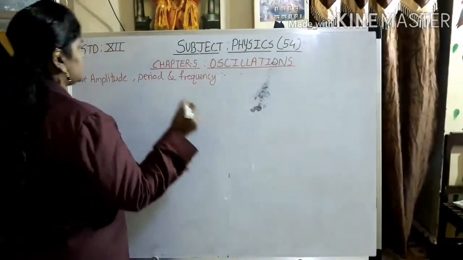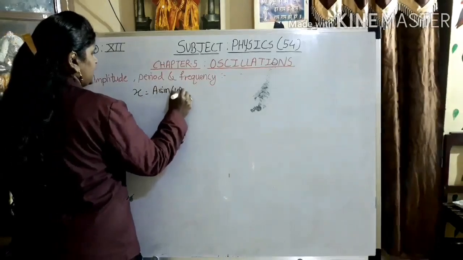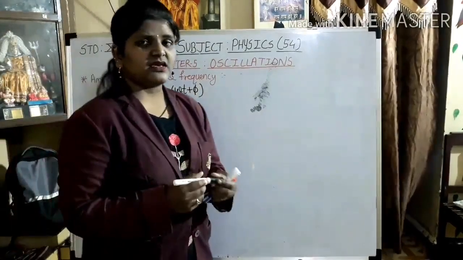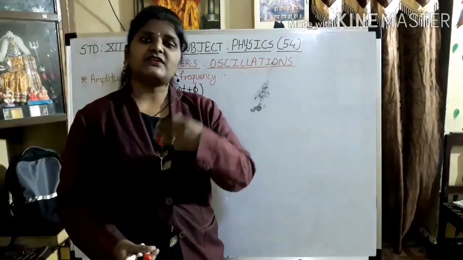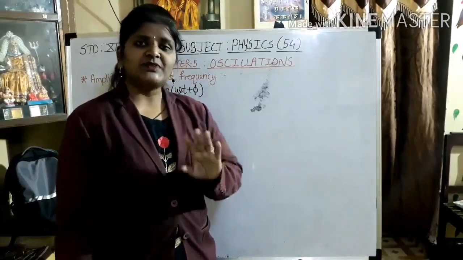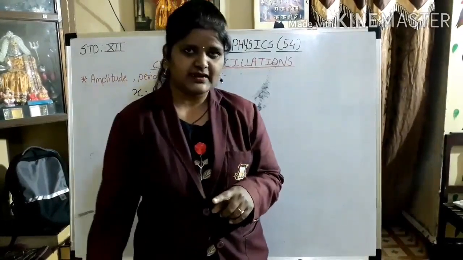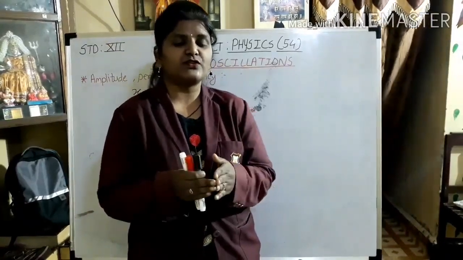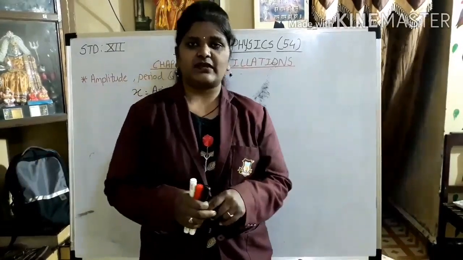So as you all know, what is the formula for displacement? Formula for displacement is x is equal to a sin(omega t plus phi). Am I right? Yes. So in this case, what will be the maximum amplitude and what will be the minimum amplitude? Actually, we have already covered this, because the minimum amplitude that we derived was 0, that is at the mean position, right? And maximum amplitude is nothing but plus or minus a. It depends on whether the particle is moving towards right or left. That depends on that. Okay.